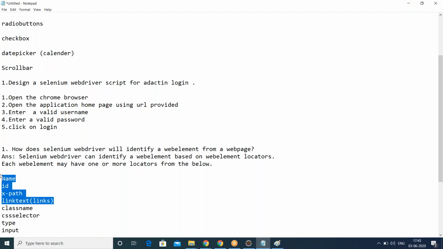Because XPath will usually be available. Maximum times we are using name, ID, XPath as the locators.